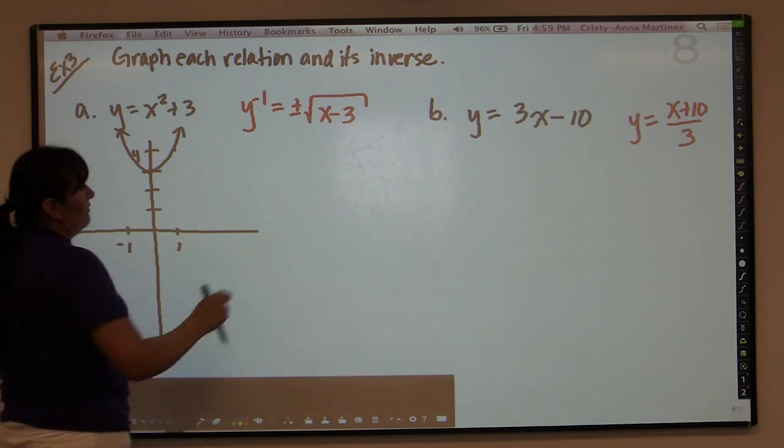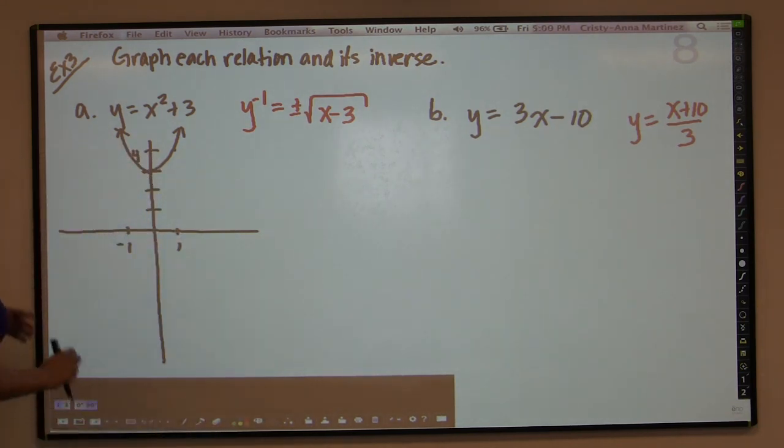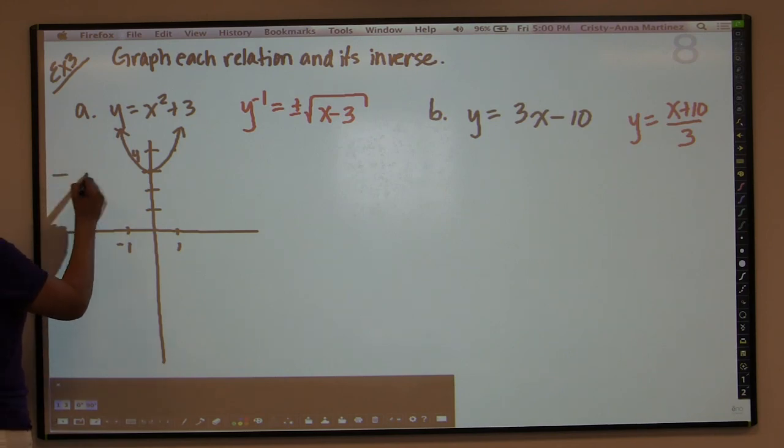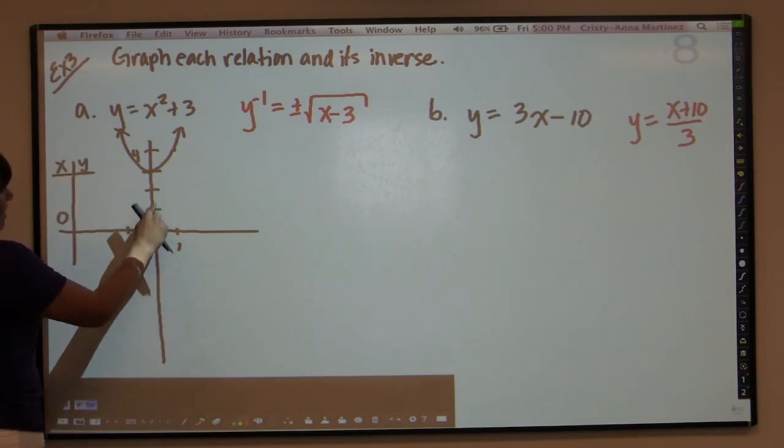Okay? And then when I graph the square root, the plus or minus here, there's a couple of things that you can do. If you don't know how to graph the square root, which is totally okay, you can use your t-table. For example, what I did is I know that when x is 0, the y value is positive 3. When x was positive